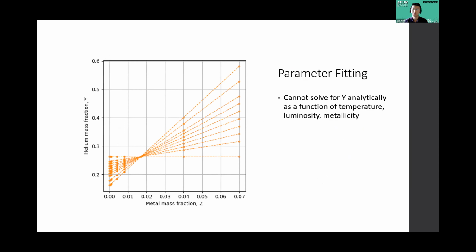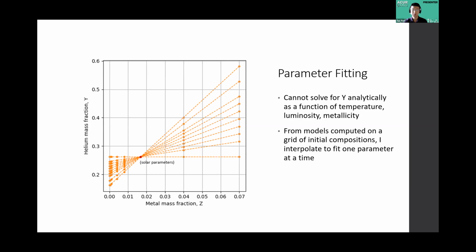So you end up with a function in sort of 3 parameters, and it's a bit hard to visualize, but we begin with computing models for a grid of initial chemical composition of the stars, and this is propagated outwards from solar parameters. And so from here,